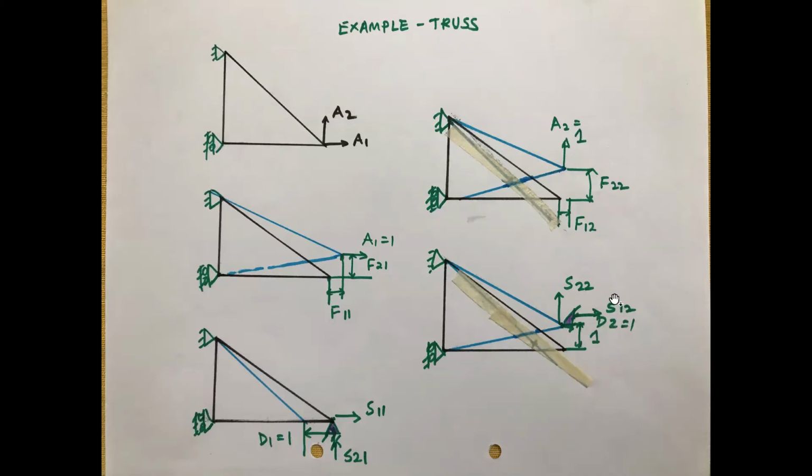Only thing is you have to remember this designation. In S12, 1 is related with horizontal force, just like here, 1 in flexibility is horizontal displacement. Whereas here S1 is force, S2 is vertical force, S1 is horizontal force. And second subscript, you can easily put which joint I have translated. Vertical joint I have translated in vertical direction, D2, so that I am calling it unit. So this is how it is being generated. So again, the size of the stiffness matrix, you can see it is 2 by 2: S11, S12, S21, and S22.